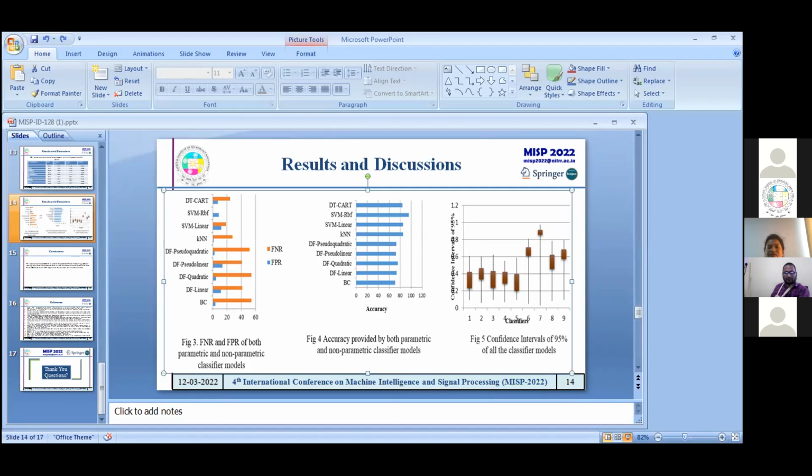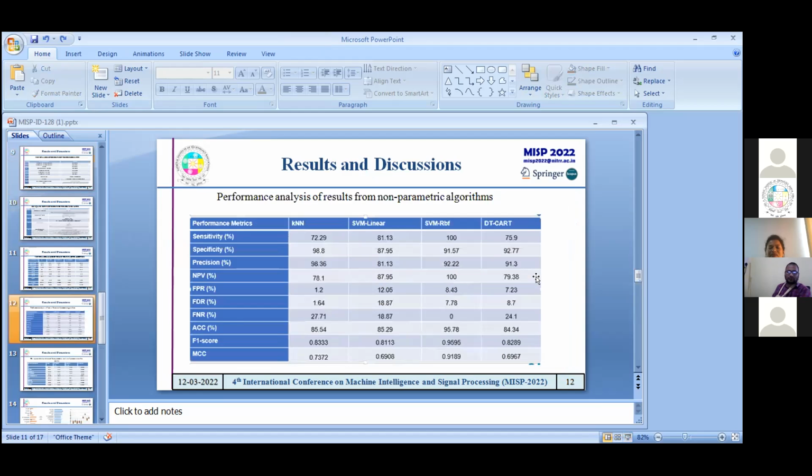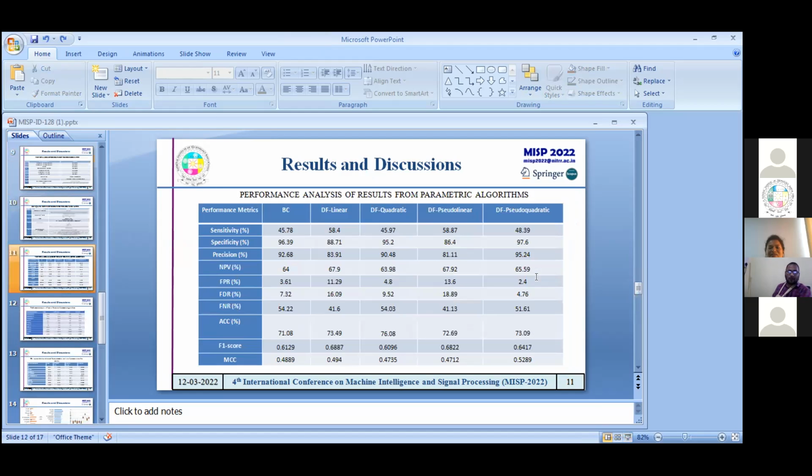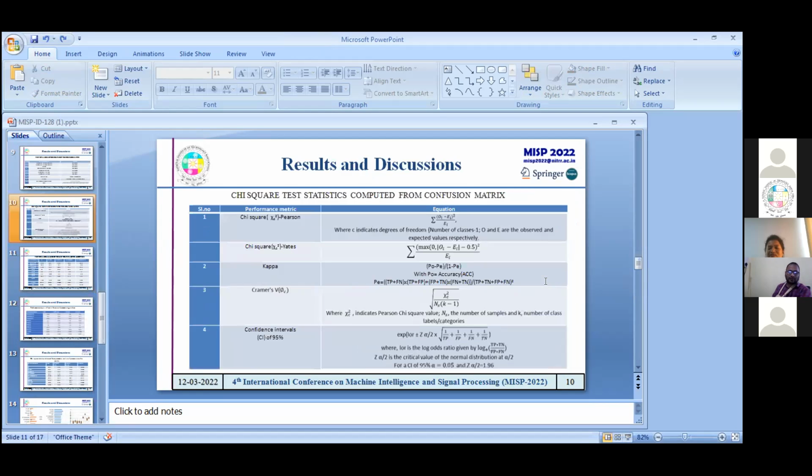Now we are at the result and discussion section. Can you go to slideshow, and from there select full screen? Yeah, it is in slideshow mode and full screen. So are the slides moving? No, they are not moving. The result and discussion section. Okay. So I'll just escape and now it is moving. Sir, I don't know actually what is happening. When I go to full screen, the slide is okay.